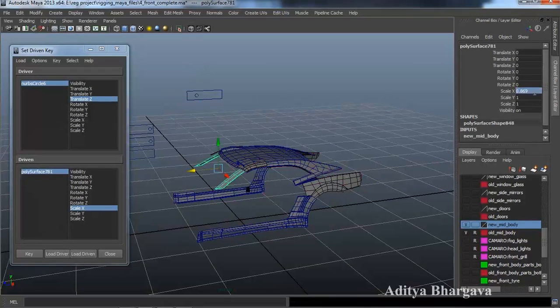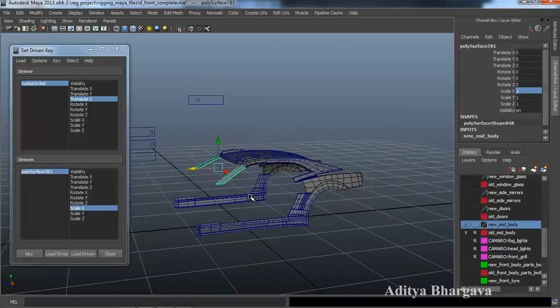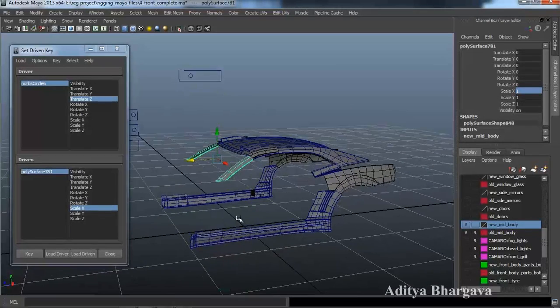Now we'll select the object, we'll make it as 1, now key again,